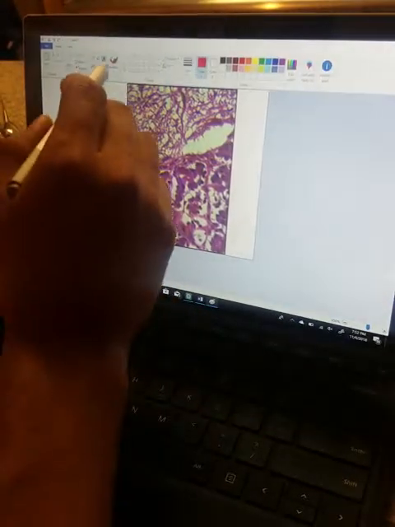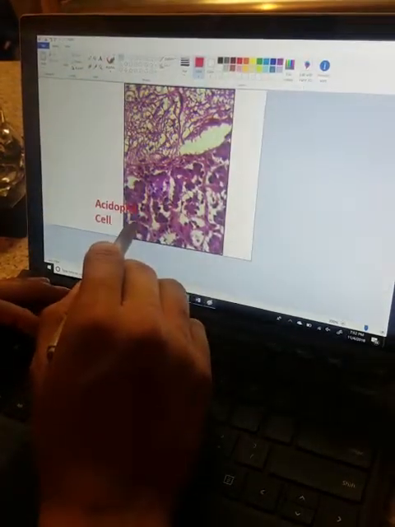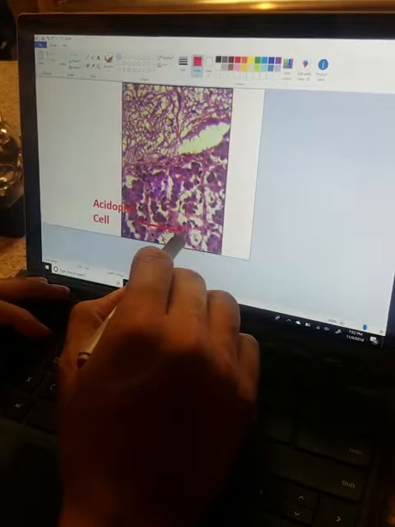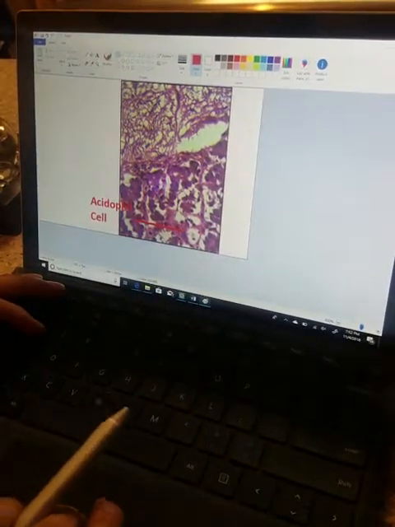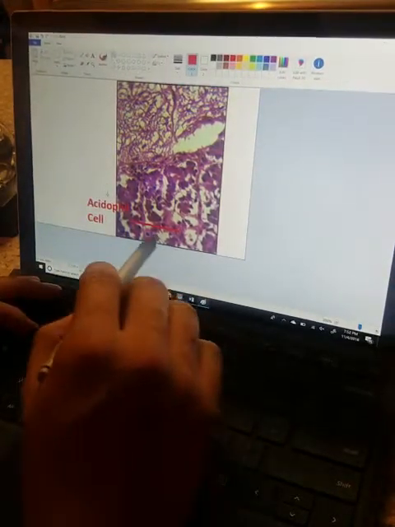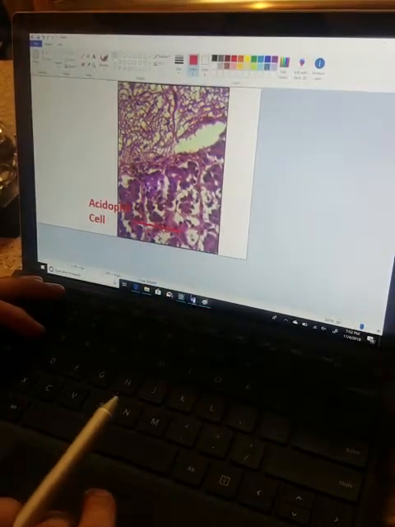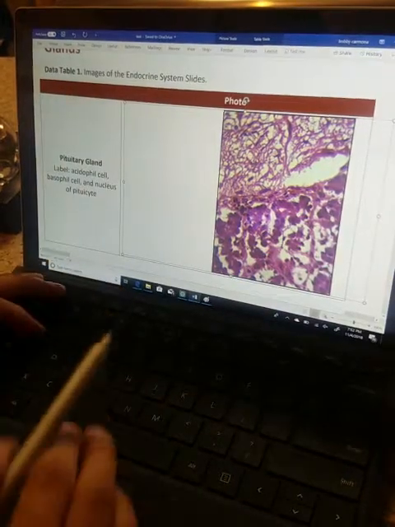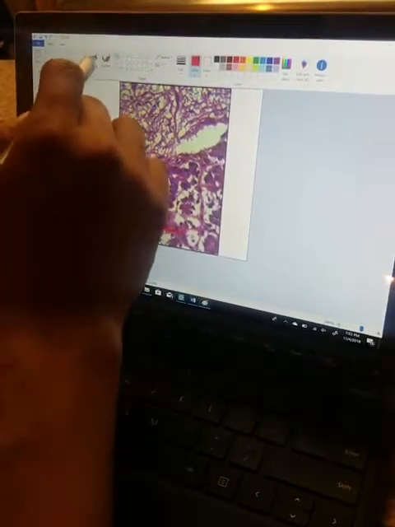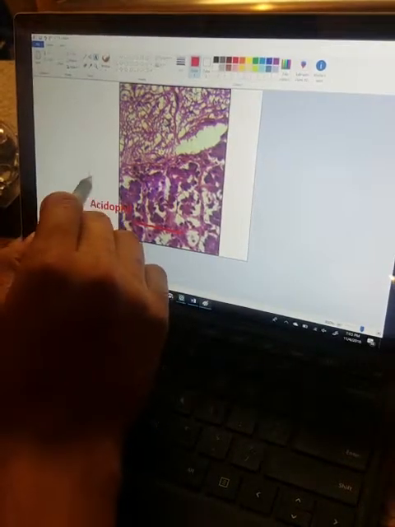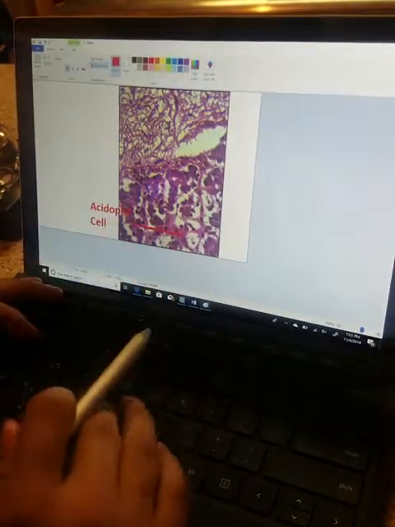Once I do that, I just draw a line to the acetyl cell that I want, and I want to use this red one that's right there just because it's nice and red, and it's different from the next one that I'm going to be labeling, in this case the basophil cell, which are going to be these blue ones here. So next thing I'm going to do is make a new box,